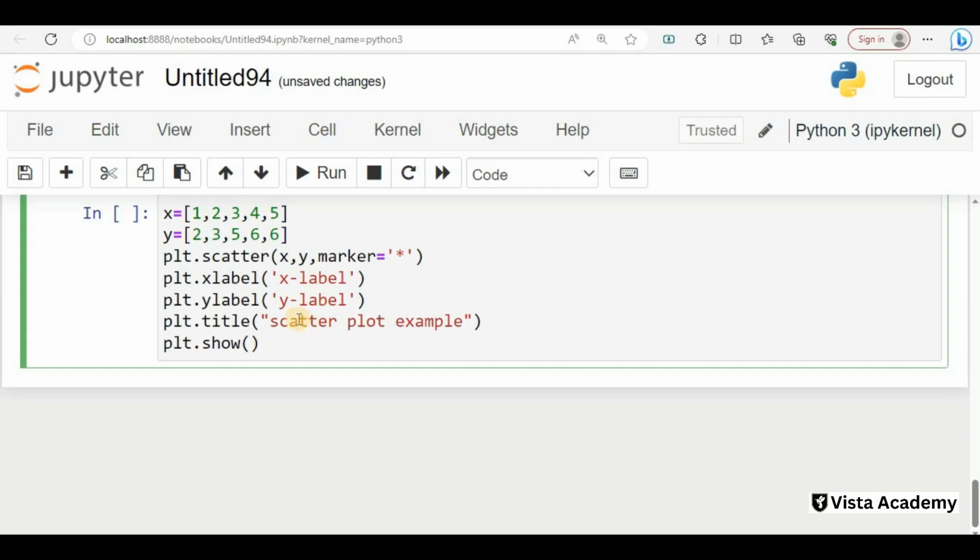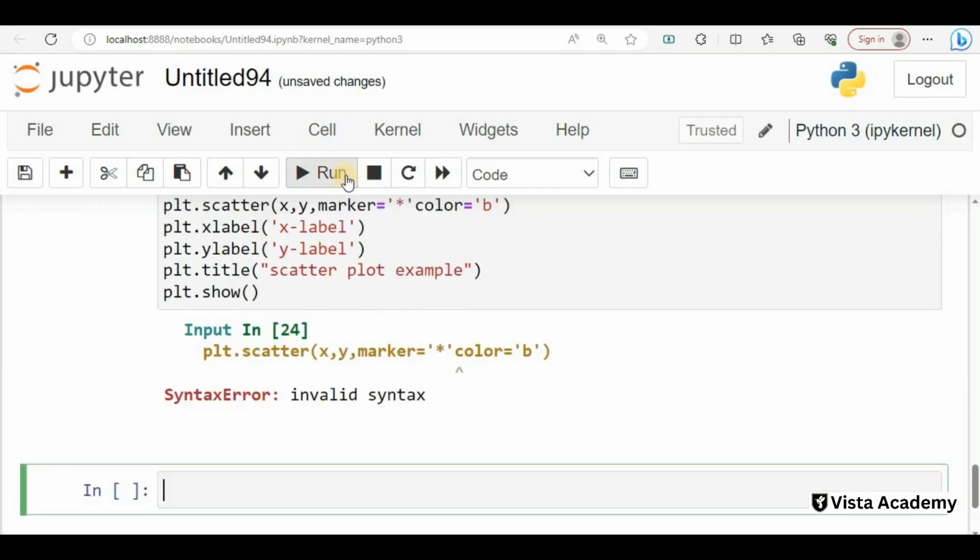So now we have X and Y and marker, and if you want color also we will put a color here. Color equal to P, and just run this. So it's showing an error. Plot dot scatter is not there, so we have to use SCATTER. X and Y marker is there. So what is the problem it is showing?